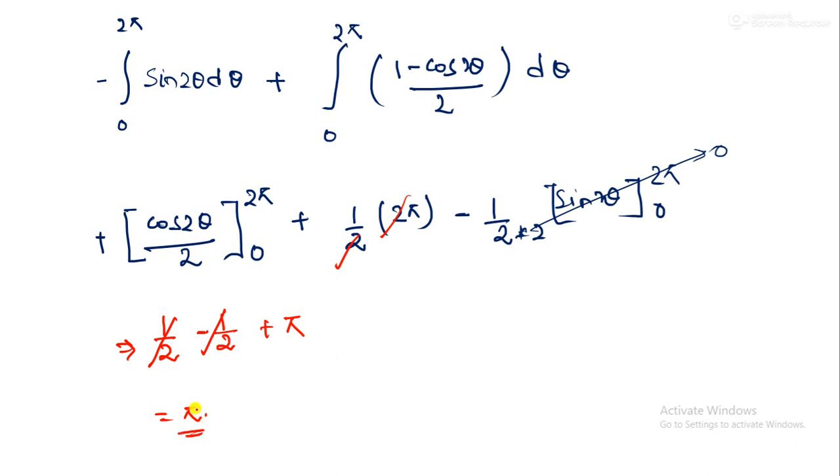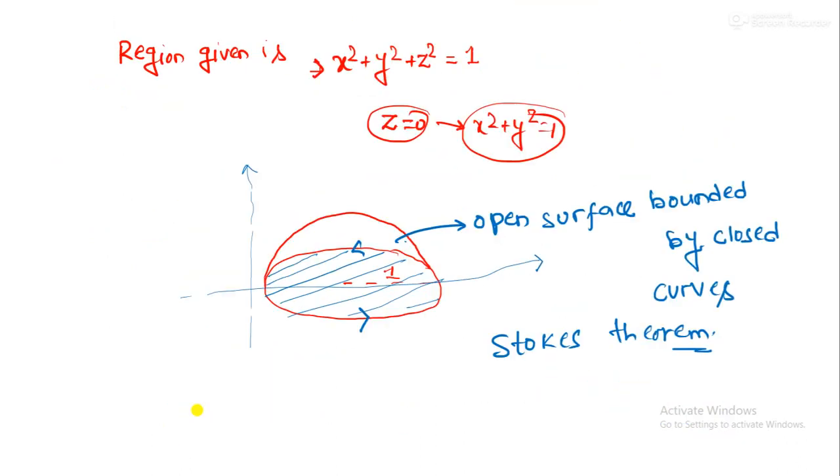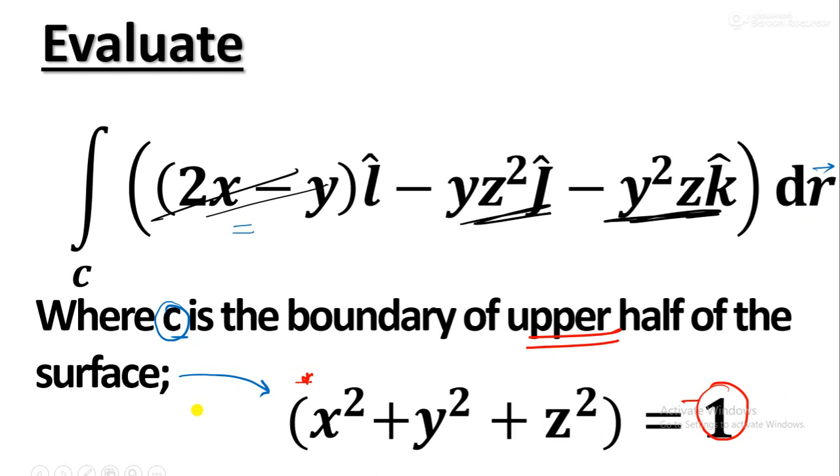So you can see how I am solving such type of problem. You need not take the burden, because there is some phobia in vector integrals, but if you know how to choose the boundary, if you know how to solve such type of equation, just start. Initiation is the difficult part, but solving such type of problem is very easy. Just form the region given and then proceed, like putting the equations, knowing the surface, and then deciding which theorem you will have to apply, like Gauss theorem, Green's theorem, Stokes theorem.